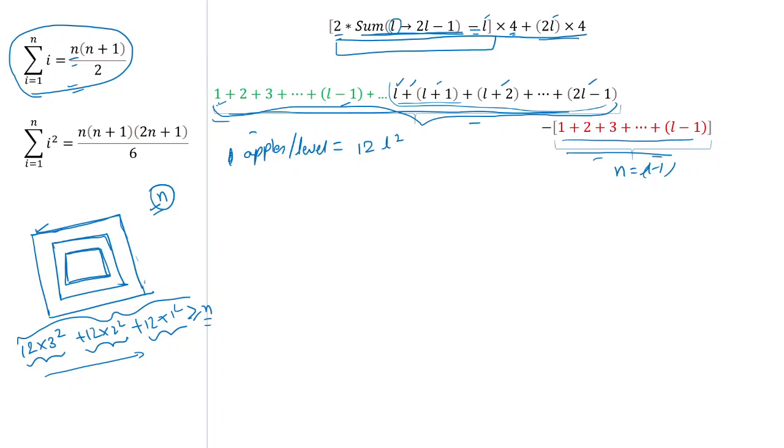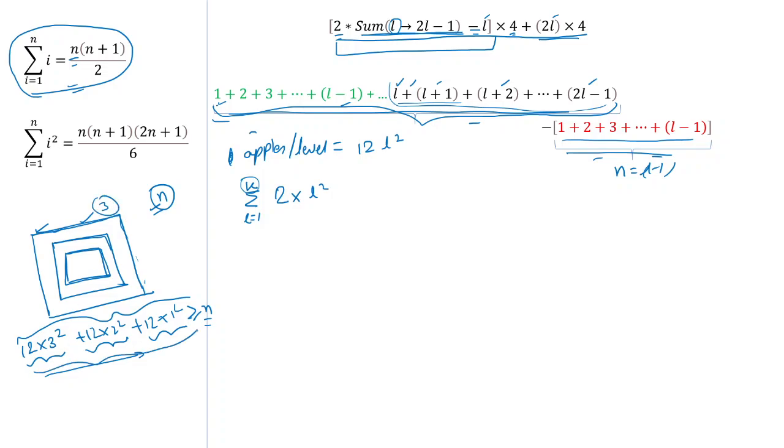So how we can do this is, we will do 12 of L square. We have to find the summation where L, that is the level, will go from 1 and will go up to K. So if K is the value, like for any number of levels, suppose we are doing up to 3, what is the summation up to all these 3?